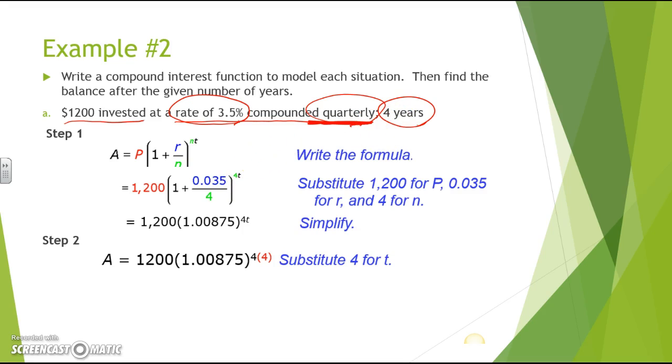Years is time. They're saying 4 years. So it's 4 times 4, which is going to be 16. So it's going to be 1200 times 1.00875 raised to the 16th power. And when we simplify that down, it's going to be